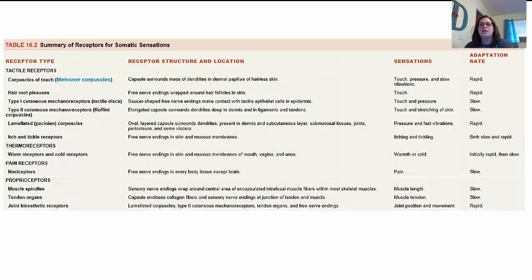All right, so guys, on this particular slide, it kind of has a summary chart for you. This is table 16.2 out of your book. It is found on page 555. You'll see the types of receptors. You'll also look at their structure and location, like what kind of structure they have, their location. What do they sense? Do they sense things like itching or tickling? Do they sense pain? Do they sense touch? And then it also tells you whether they adapt slow or fast. Okay, and so this kind of gives you almost all the information we've talked about and puts it more in one chart.